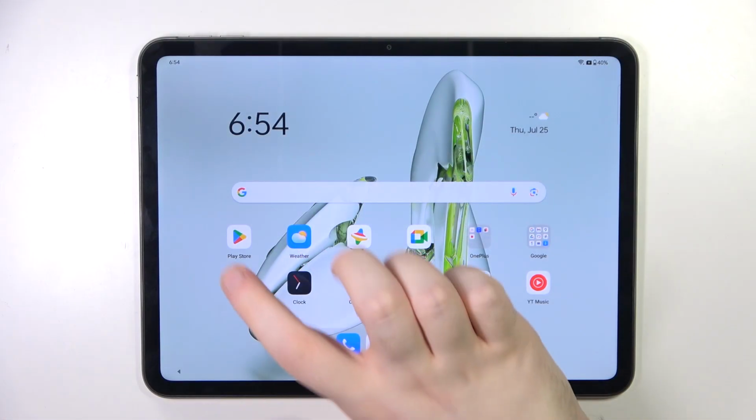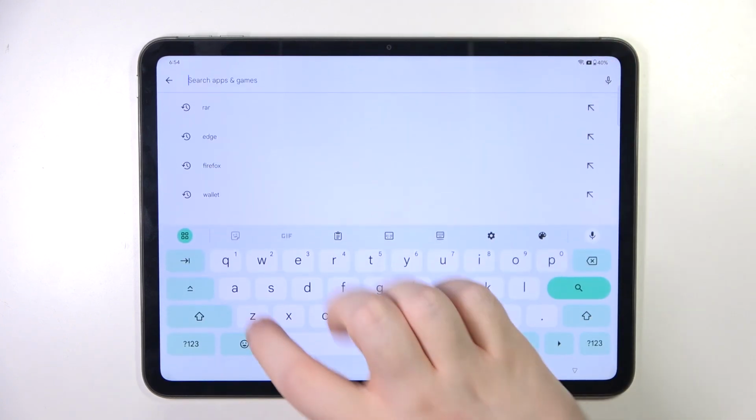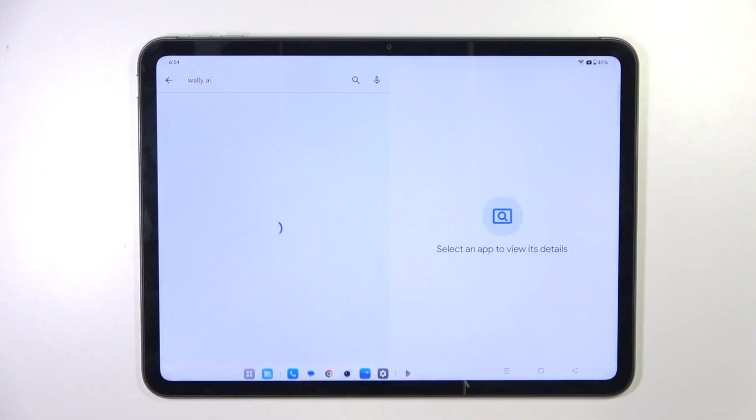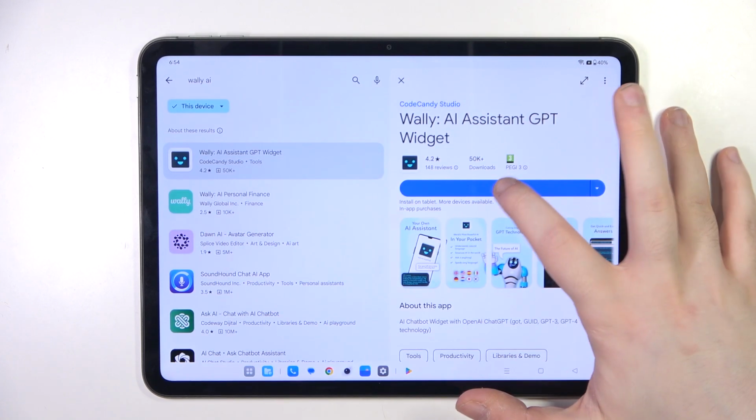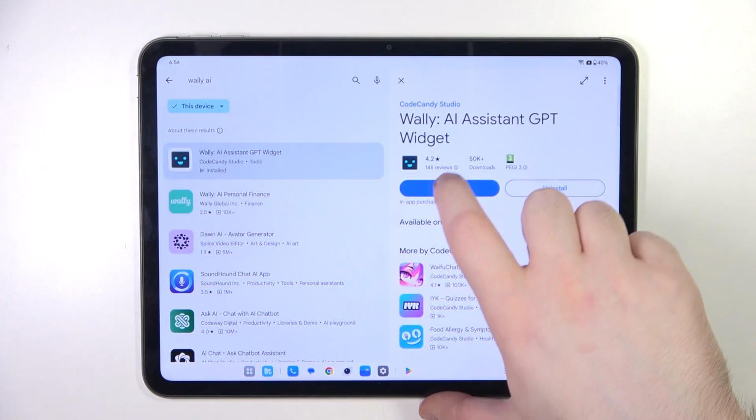So you have to start by opening your Google Play Store, then click on the search bar and type in Wally AI and click search. And now you have to click install. Now click open